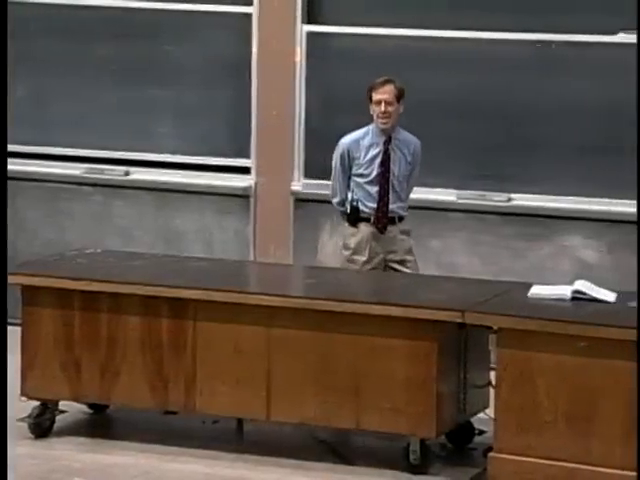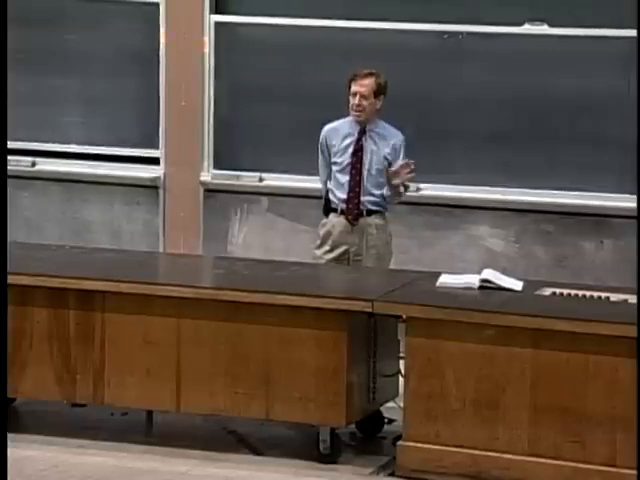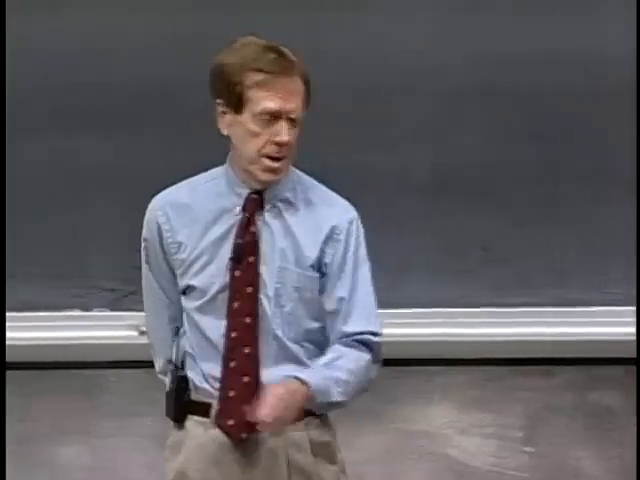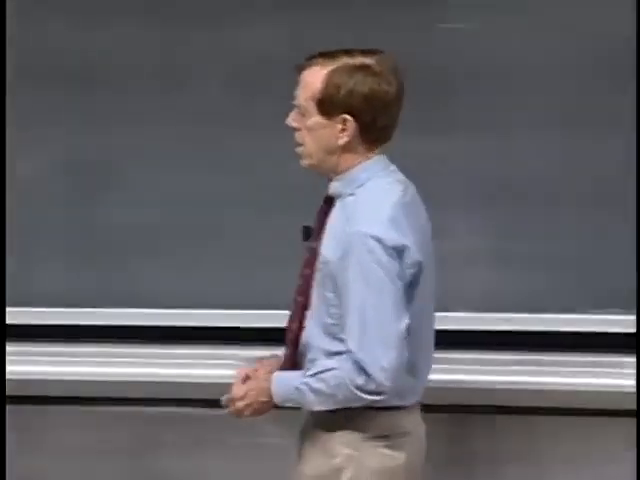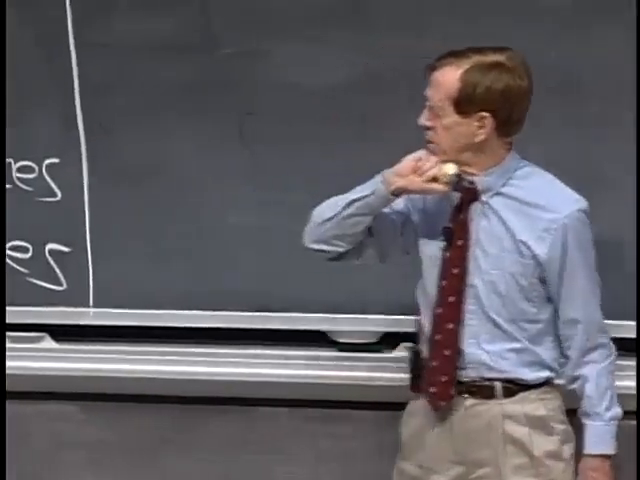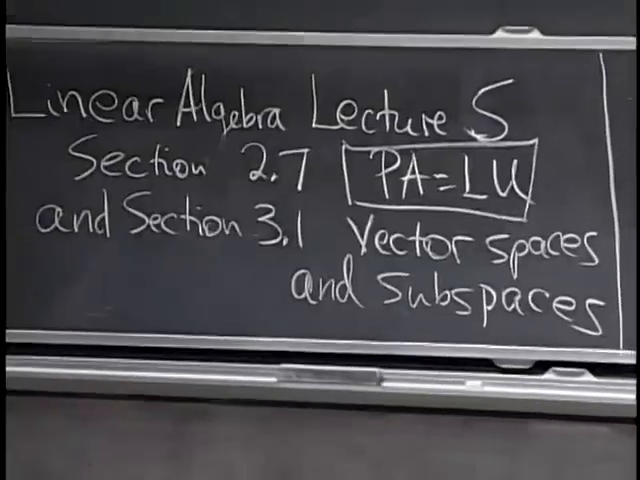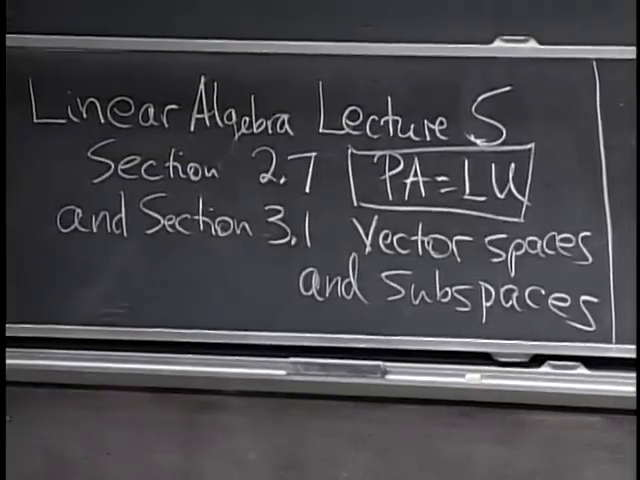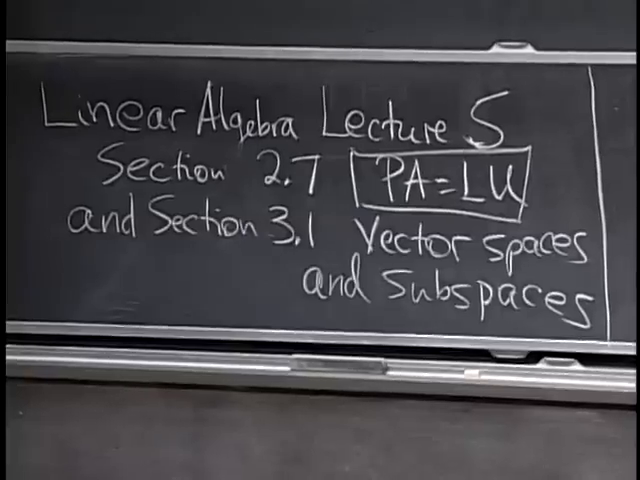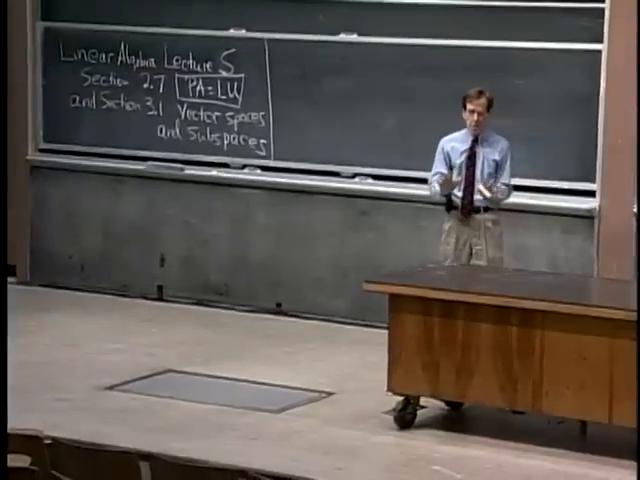Okay, this is lecture 5 in linear algebra. And it will complete this chapter of the book. So the last section of this chapter is 2.7 that talks about permutations, which finished the previous lecture, and transposes, which also came in the previous lecture. There's a little more to do with those guys,